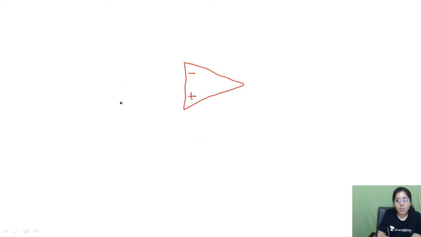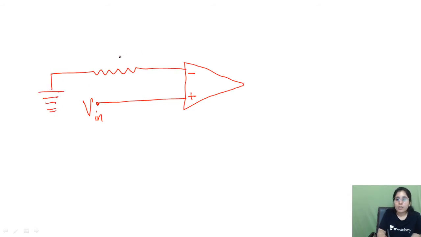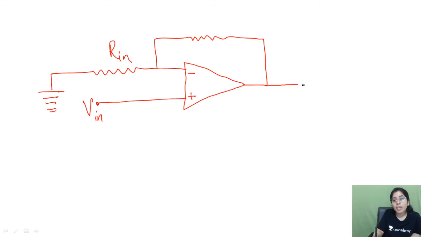See, if input has been provided towards the positive terminal side, what is the positive terminal's name? That's non-inverting terminal, while the other negative terminal has been grounded. Clear? Like this, and there is input resistance present. Also, feedback part we have to consider towards which side we can take the feedback, towards negative side, because that will be making our circuit as amplifier. If we will change the feedback from negative to positive, it will become some other circuit.